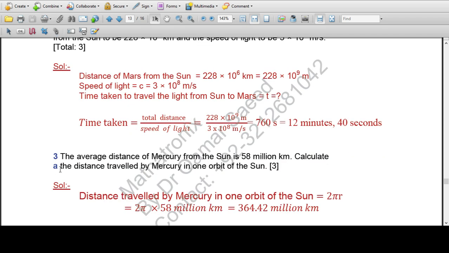Now, question number 3. The average distance of Mercury from the Sun is 58 million kilometers. Calculate the distance traveled by Mercury in one orbit of the Sun. So we have to obtain the total orbiting distance, and the distance traveled by Mercury in one orbit of the Sun is 2 pi r, that is 2 pi times 58 million kilometers,